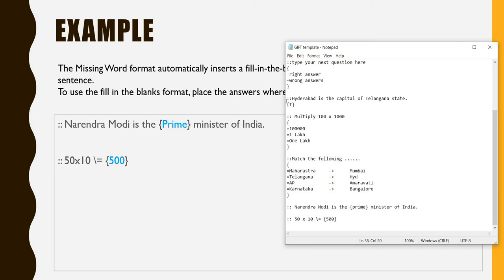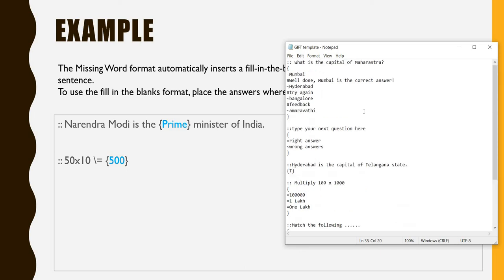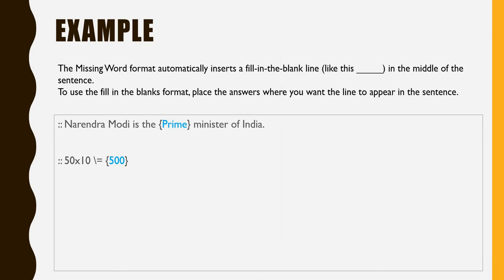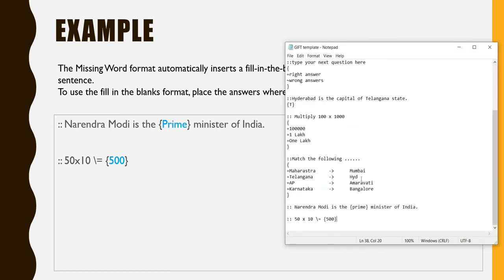Okay, click save. Now this completes your template, GIFT format. You can just save this onto your desktop wherever it is convenient for you, and then we can come back to the e-learning platform. There you can just drag and drop your file. The website will take thousands of questions in a single template. Yes, so it saves a lot of your energy. You need not type every question in the website. So it would be especially useful for your formative assessment, objective oriented exam questions preparation.